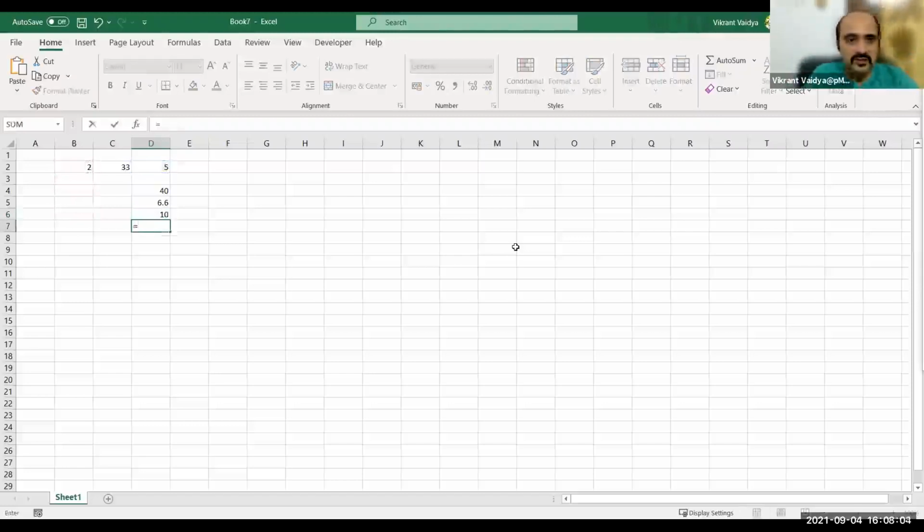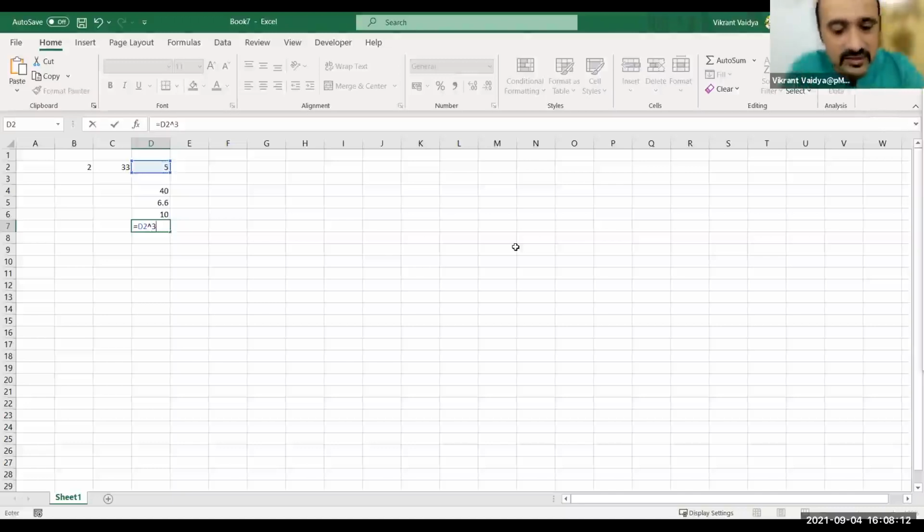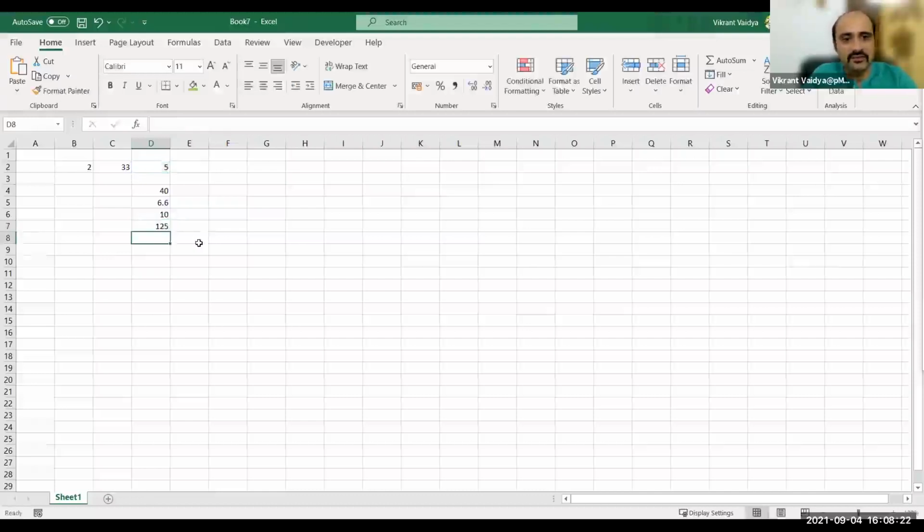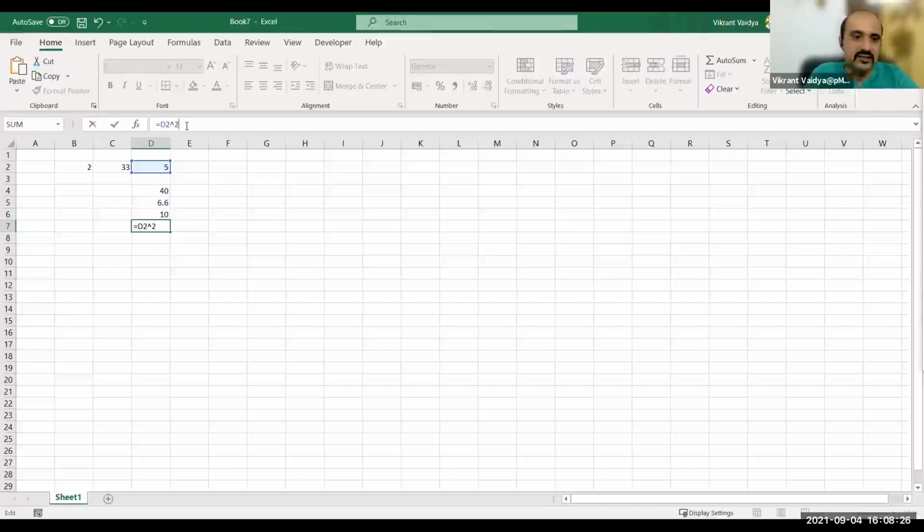Say 5 power 3, I want to cube 5. I can do this. This is the 6 key on your keyboard, at least on Windows keyboards; the number 6 has this in the shift function. So that will cube it. If I want to square it, I'll just change the second argument to 2 and it will square it.